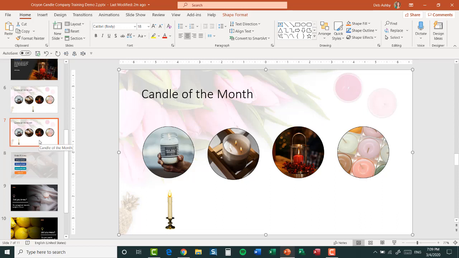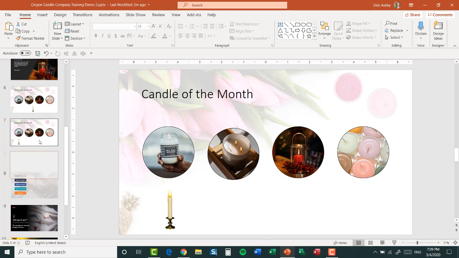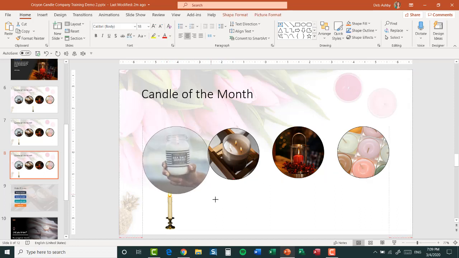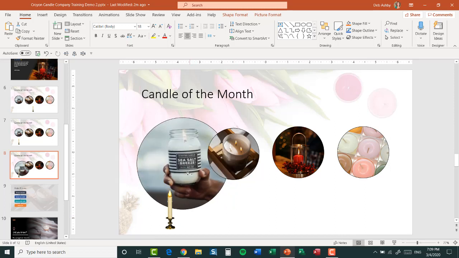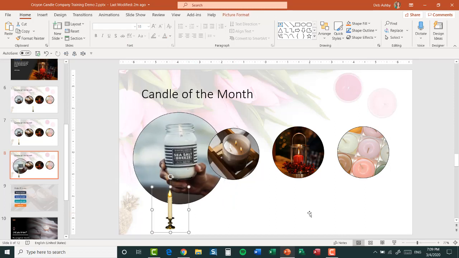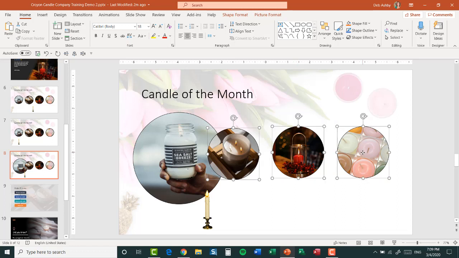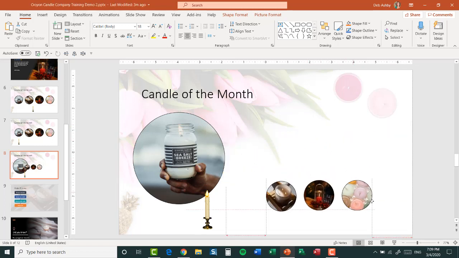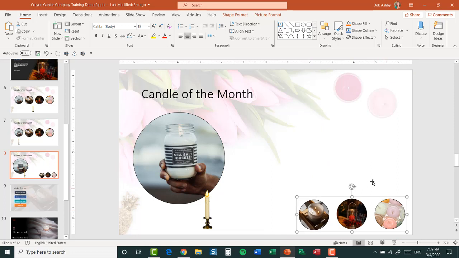I'm then going to duplicate this slide, so slide 7, Ctrl D to give me another copy. And now that it's highlighted that the Sea Salt Breeze candle is Candle of the Month, we're going to really highlight this candle. So I'm going to make this a lot bigger just by dragging it out. And I'm going to move my candles slightly over to the other side. And for these other 3, I'm going to make these smaller. So I'm going to select them all, Ctrl G to group them, and I'm going to resize them all together by holding down my Shift key and then dragging them down to the bottom of the slide,